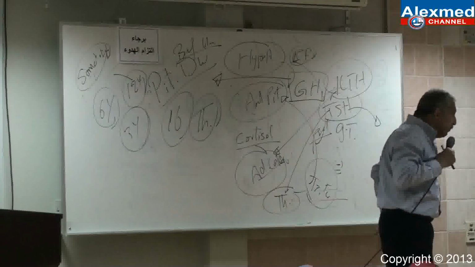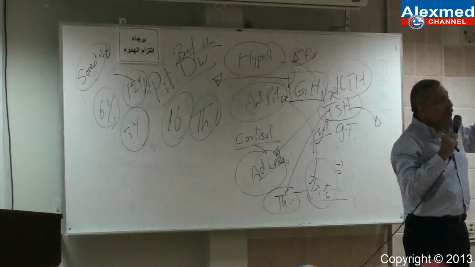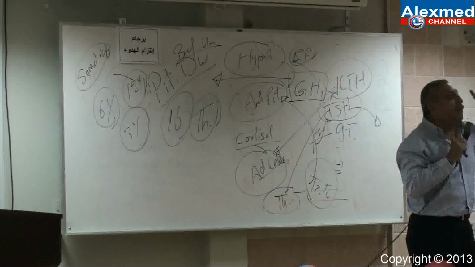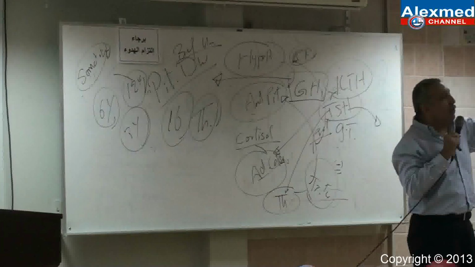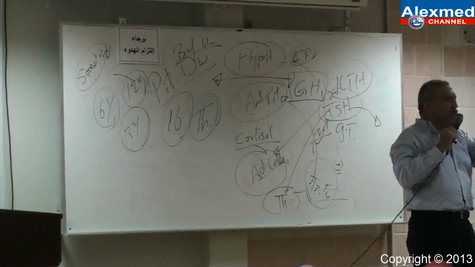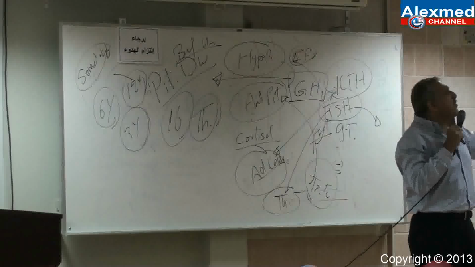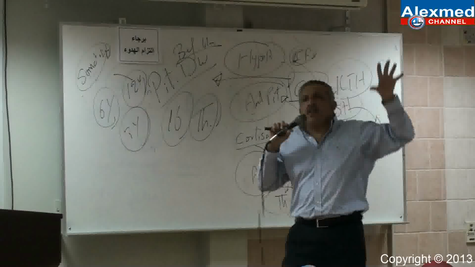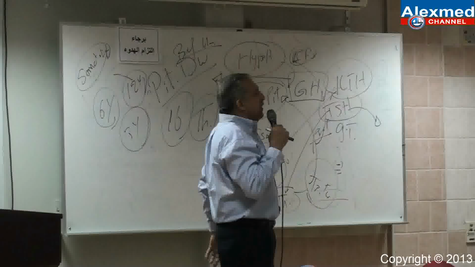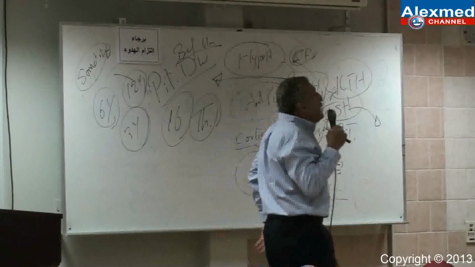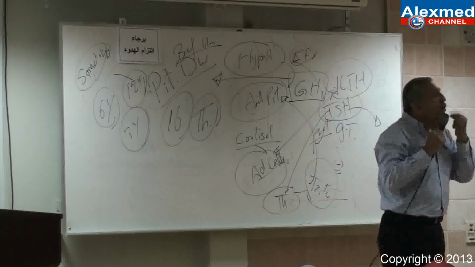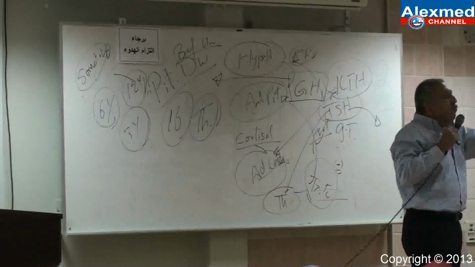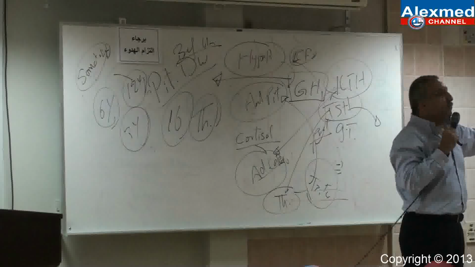Why? Simply because we have a lot of reasons, and we are going to discuss that in corticosteroids. But first of all, for one reason, I'm going to say one reason now. ACTH is given by injection. Every day you are going to take one injection intramuscular of ACTH, or it's easier to take one oral tablet. So, for the patient, put yourself in the patient's place.